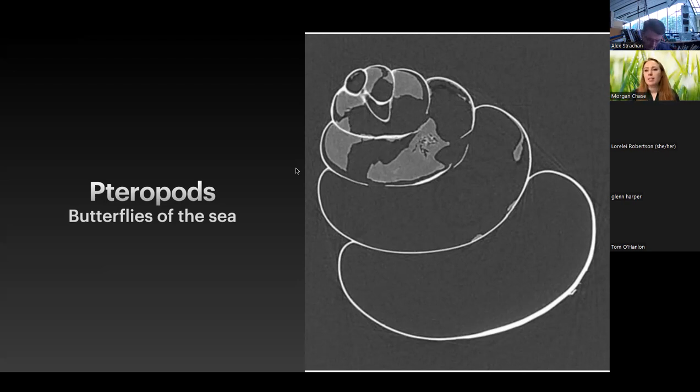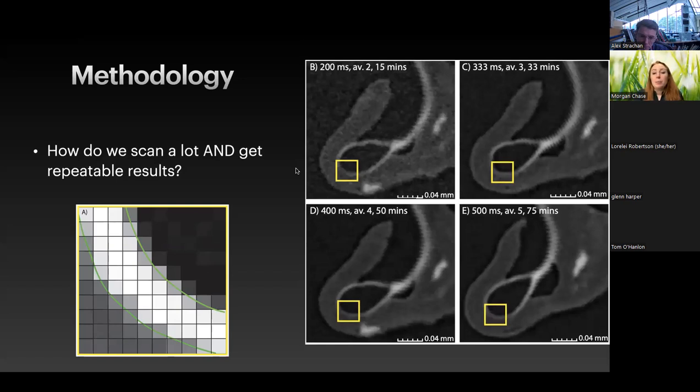actually, can we, with any statistical consistency? And so we started to play with our parameters. What you see on the right are some examples of settings that we would change. B in the figure there is a shorter timing, 200 milliseconds. On the bottom right, 500 milliseconds. So we know that you're collecting more and more information with longer timing, but there is a drop off. Or at the very least, it flattens out in terms of what you're getting. If I had done a 5-second exposure, how much more information am I actually getting than 500 milliseconds or 200 milliseconds? And so we were trying to,